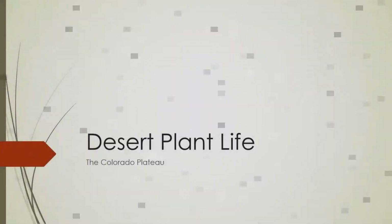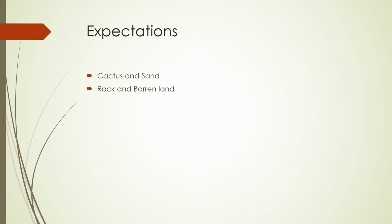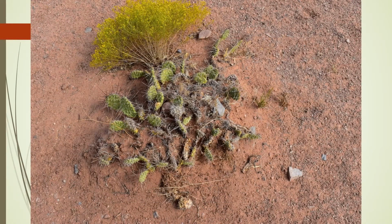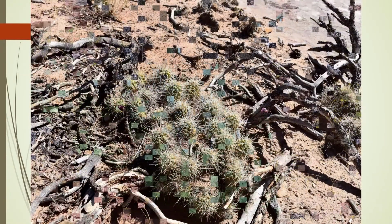Honestly, the biggest surprise for me on this trip was the variety of plant life and the colors and textures that they provide. Here's a quick look at some of what we found. Plant life was some of those amazing and surprising parts of our trip. We expected cactus and sand, rock, and barren land. And in fact, we did find those things. We found rock and sand and cactus and barren land, but